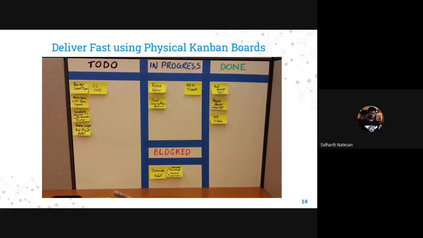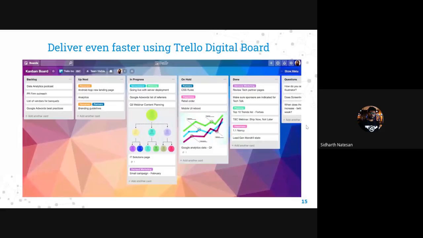Okay, so go to next slide. Okay, so this is a Trello board. Trello is basically following a Kanban framework that is also a part of it. Okay, so Kanban board is nothing but we will be having a lot of boards like this. Okay, so here you can see that backlog is there, up next, in progress, on hold, done,